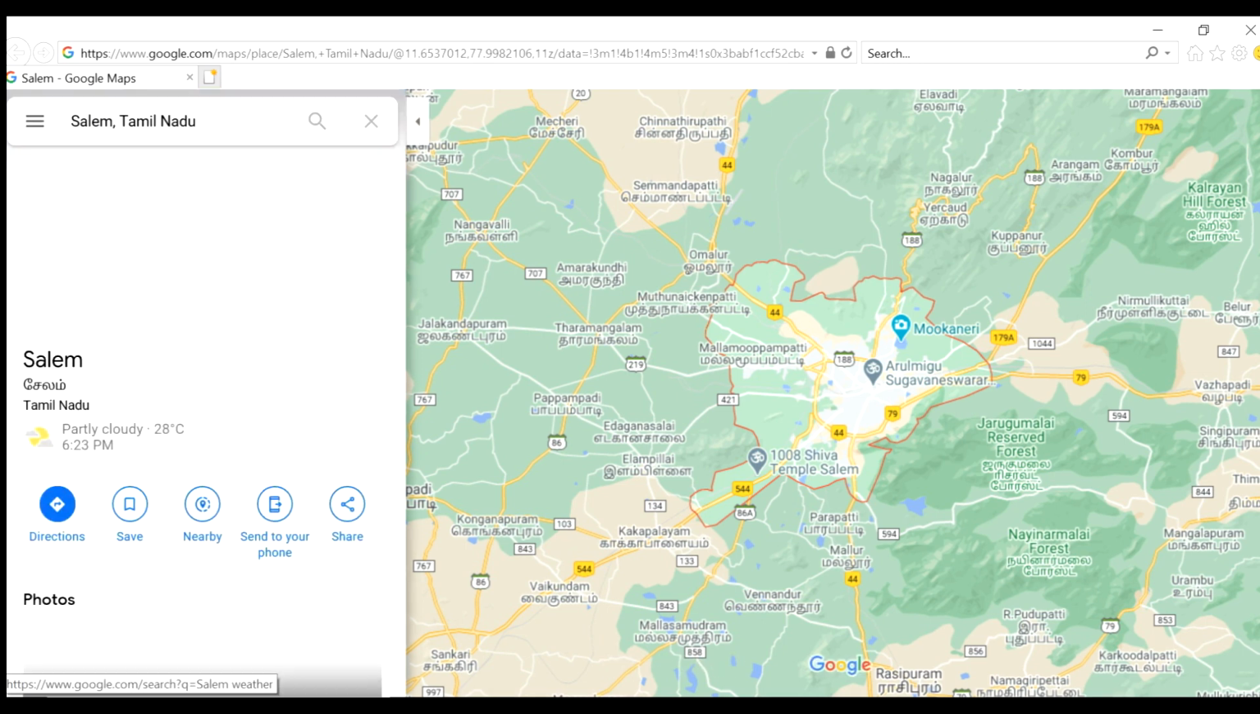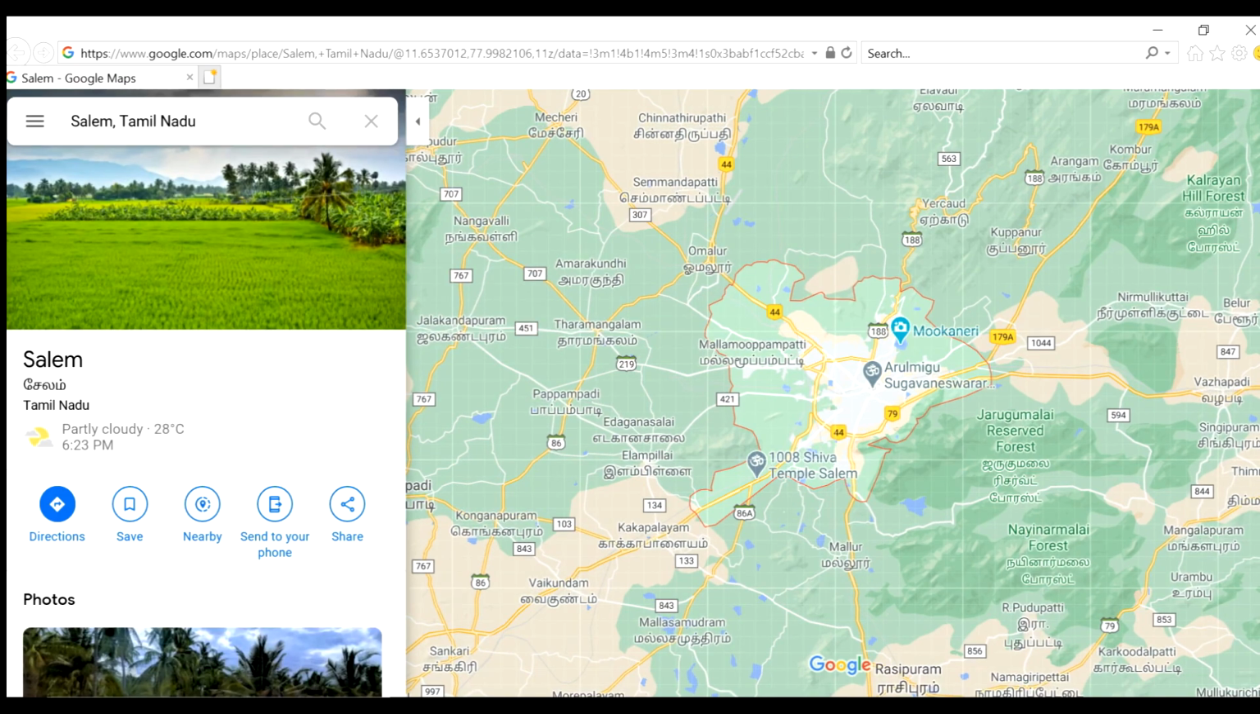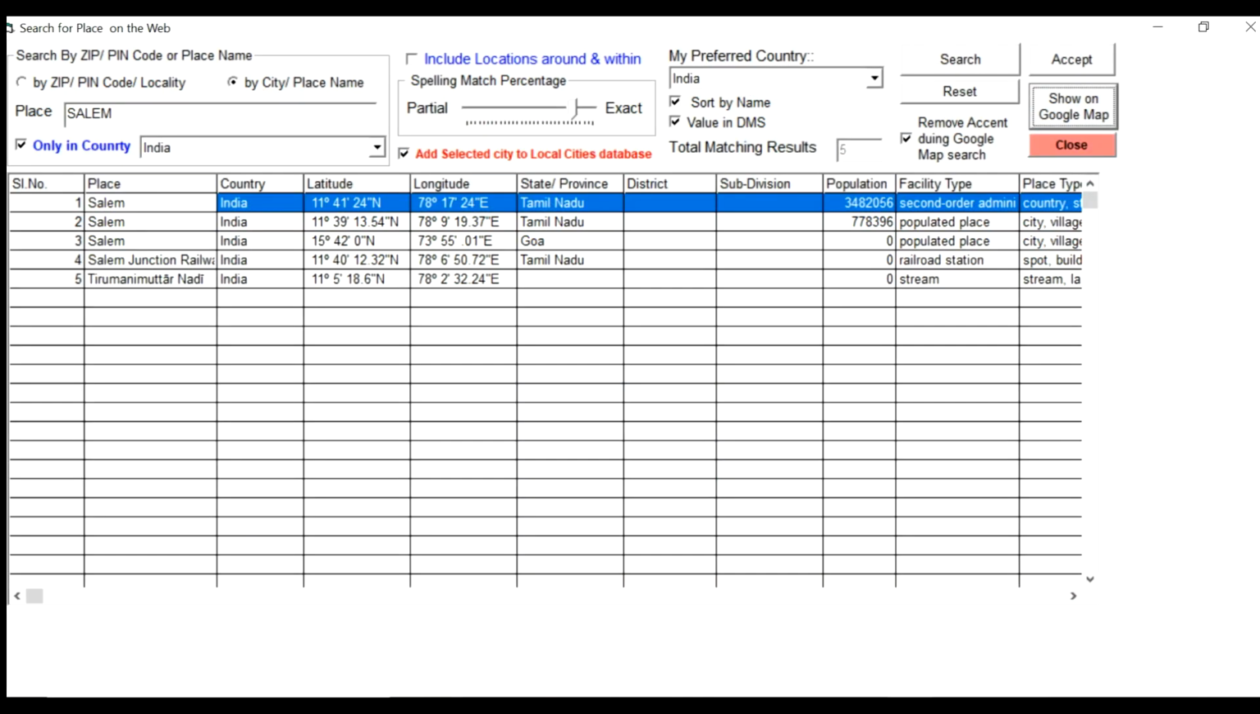So this is the actual place in Salem. Okay. So now I am closing this screen and going back to the software. Now once you have selected, you can click accept. Then you can select any of the places, because there will be